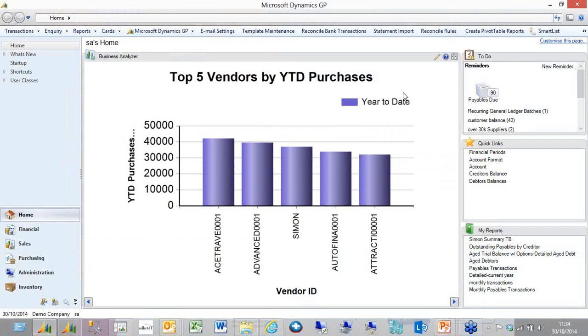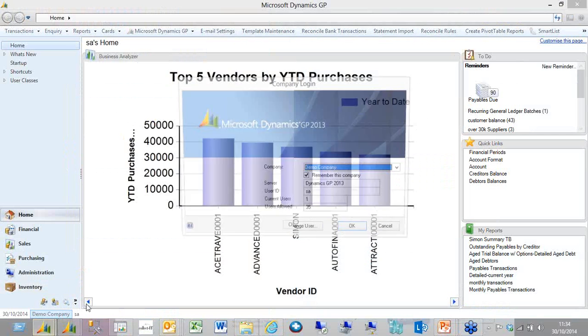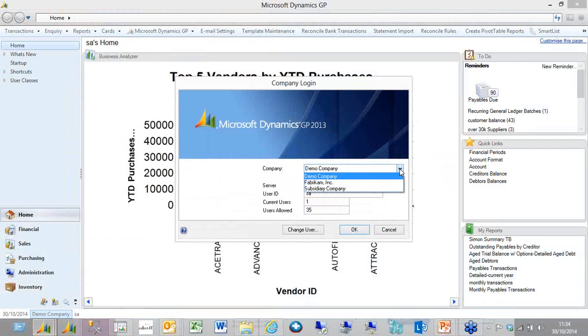Firstly, from a structure perspective, Dynamics GP can have a multitude of companies, each having their own specific areas of business and trading and requirements for reporting. But in addition, you can very easily create consolidated reporting to get a wider view of your company's financial situation. This reporting can be done in a number of ways using